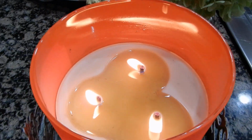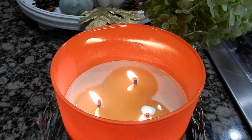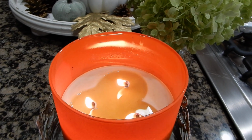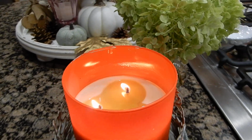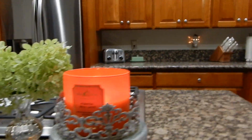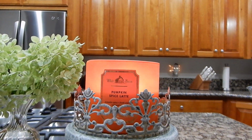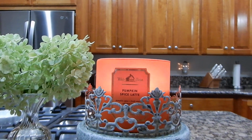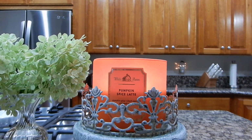So I just lit this this evening, so you can see that I didn't even trim before this burn because I did notice that after the last one, it seemed like the wicks had kind of disintegrated just a little bit. And I know I didn't over trim the wicks because I was very, very careful. I even used cuticle scissors, and there was only a tiny little bit of deformation at the top of the wick. And sometimes when I have that with Bath & Body Works candles,